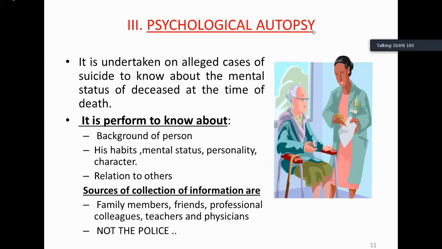Psychological autopsy, I had one case of a young girl who had been abused by her father, and she committed suicide. And they came to know that she had an affair, this and that. But then finally, after scrutinizing things, we did that, the first time we conducted it. We did the trial for the psychological autopsy. We started interviewing her friends and family. Then all of a sudden we came to know